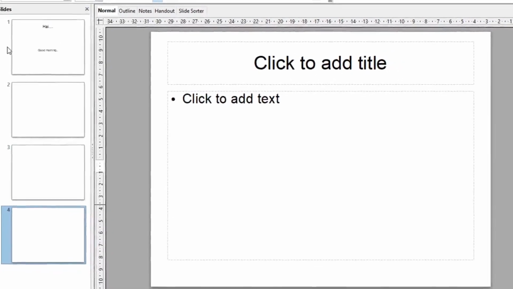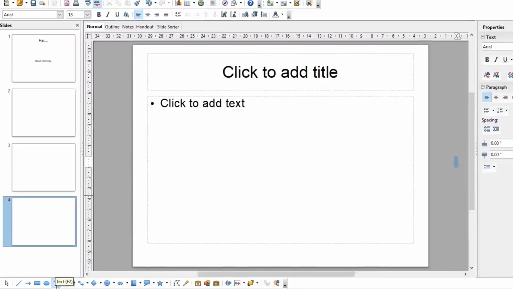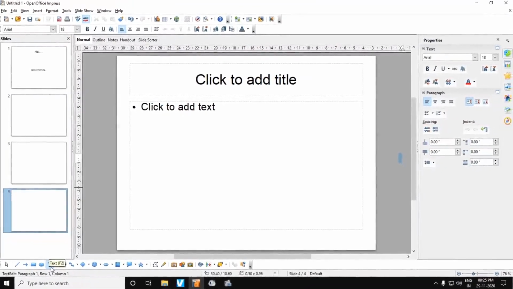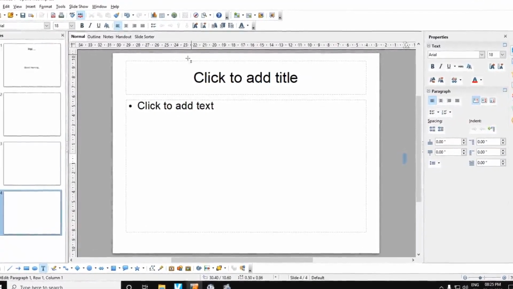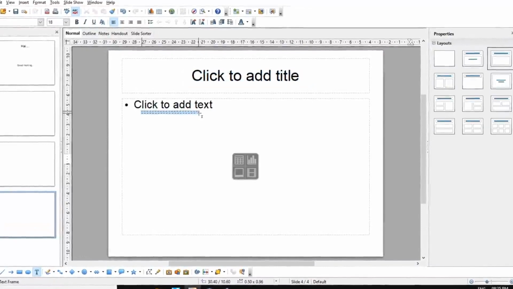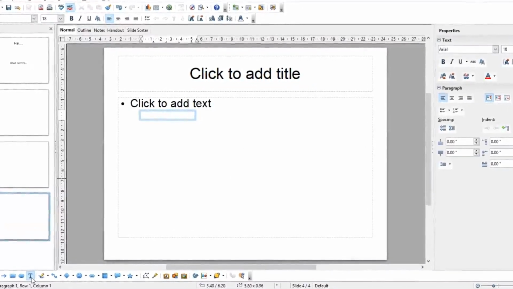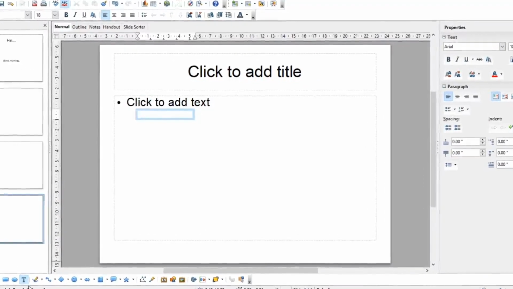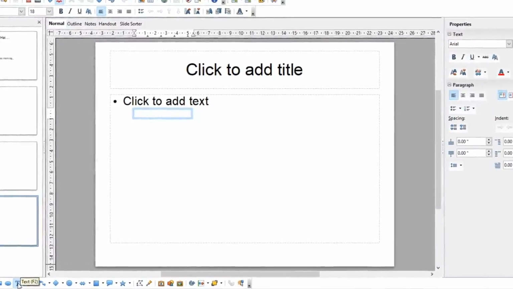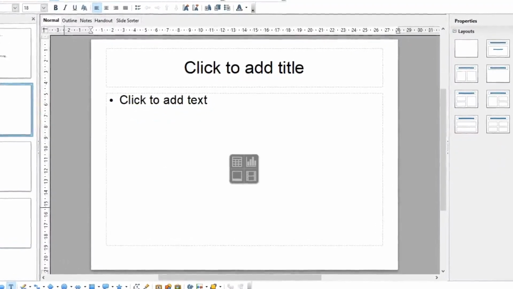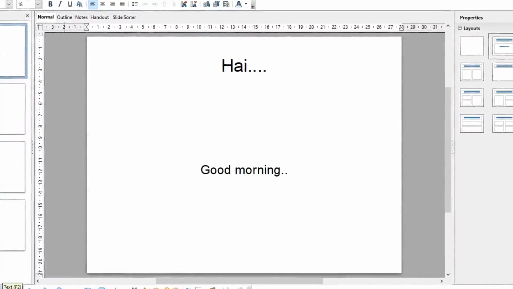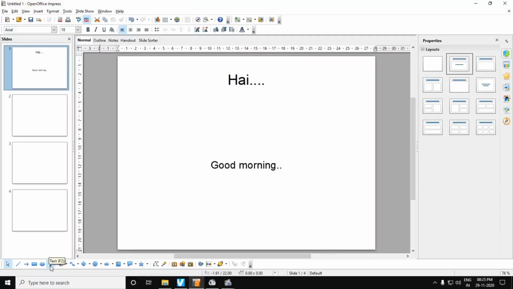Now, we have seen that when we start a blank presentation, there will be two placeholders. Suppose you want to add more placeholders or text boxes, how can we do that? First of all, select the slide where you want to add a text box. Then click icon T on the drawing bar.